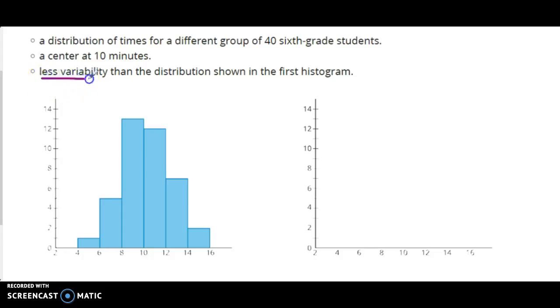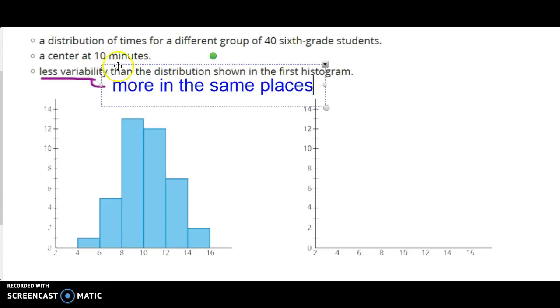So less variability means that I'm going to have more in the same place, right? So fewer bars, maybe I'll just have a few different bars. And then the center needs to be 10 minutes. So I'm going to have 10 minutes be my highest bar here. Okay, so let's think about what that would look like. Maybe instead of starting from 4 to 6,